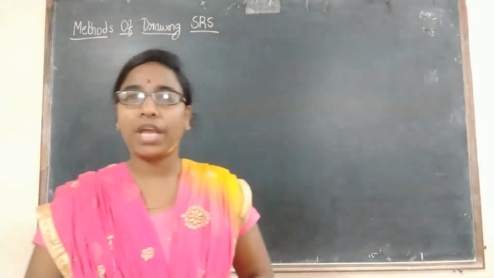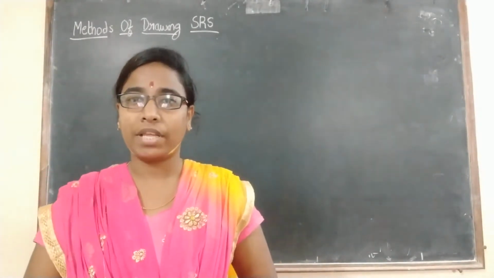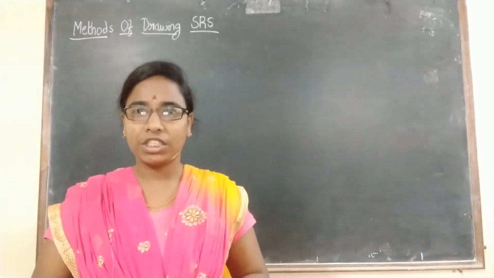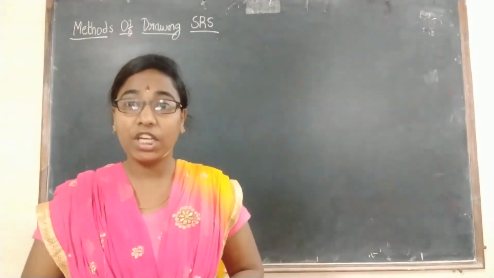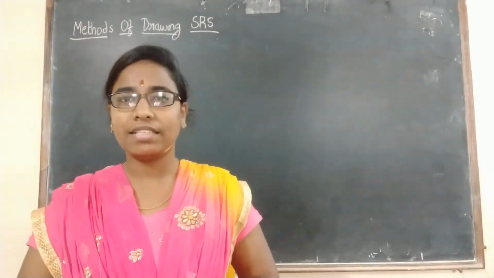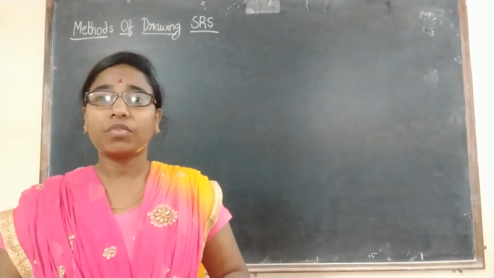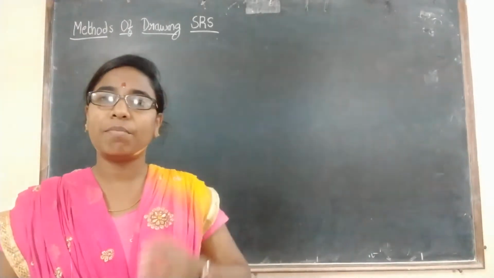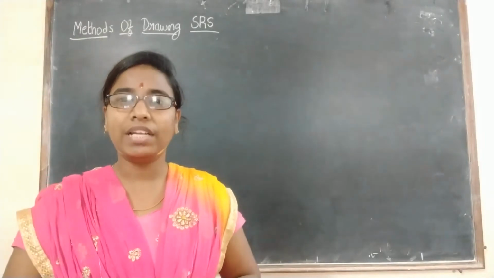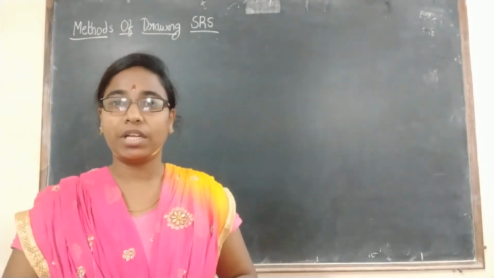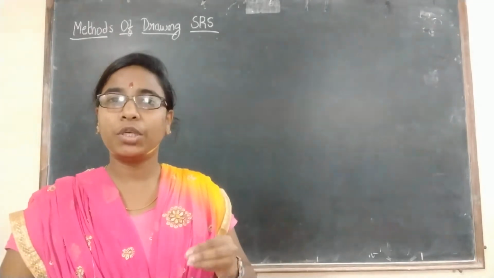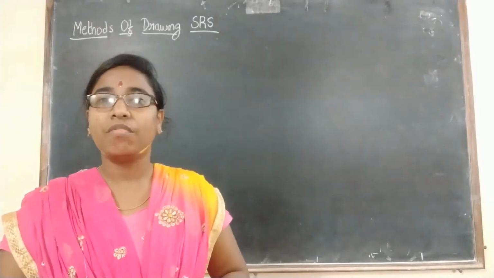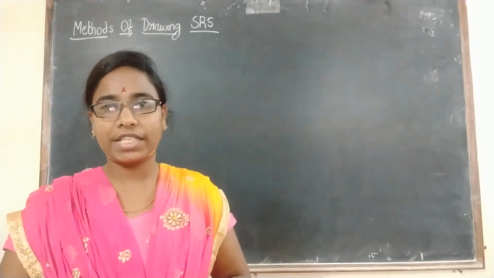In the previous class we discussed simple random sampling. If you are using the probability sampling method under conditions where every unit has an equal probability, that is considered simple random sampling. We studied two types: simple random sampling without replacement and simple random sampling with replacement. Without replacement means we do not replace the drawn unit for the next draw, and with replacement means we replace the unit before the next draw.